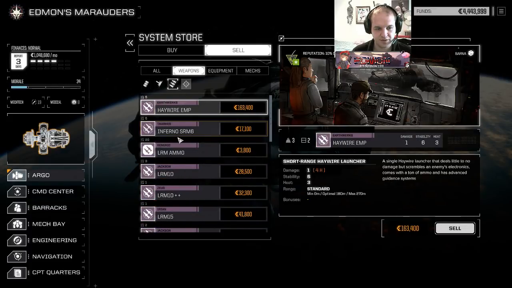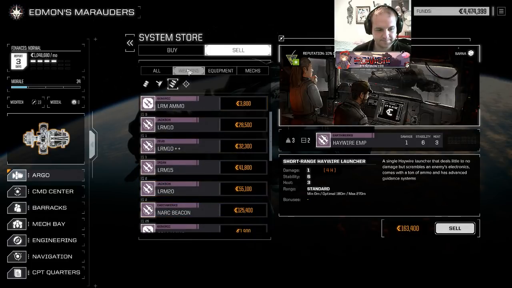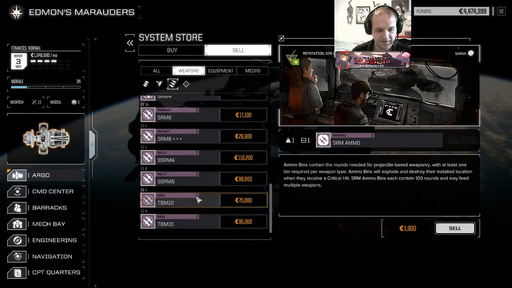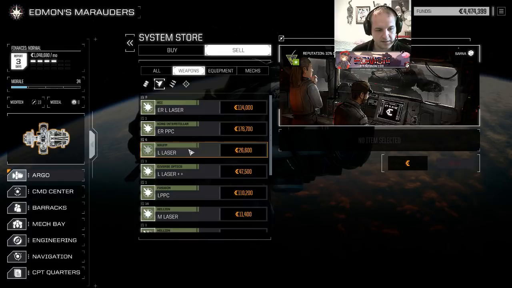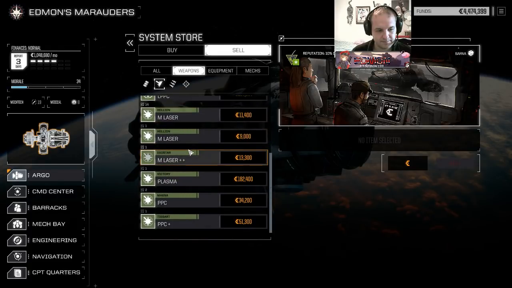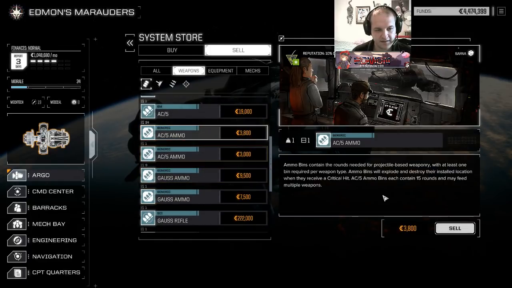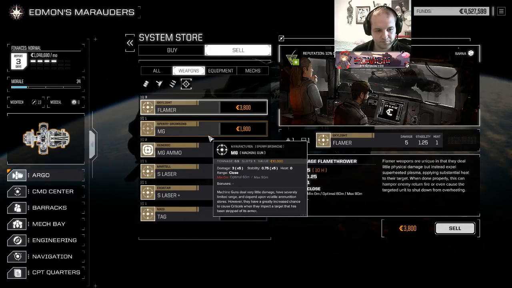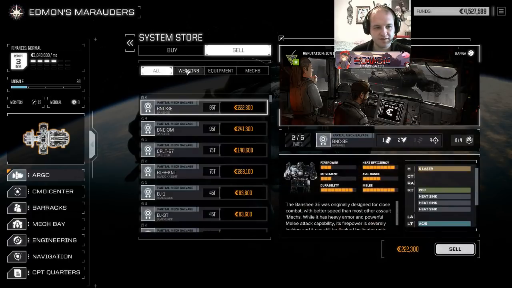I can't imagine a world in which I want any more LRM 5s. So those can go. I use a lot of SRMs, so I like to keep a lot of spare ammo. I'm not actually that overburdened by equipment. Let's be honest here. I have a lot of AC5 ammo. That's not really necessary. No, I think we're pretty clean for equipment, to be honest. We pretty much use everything that we get, so...